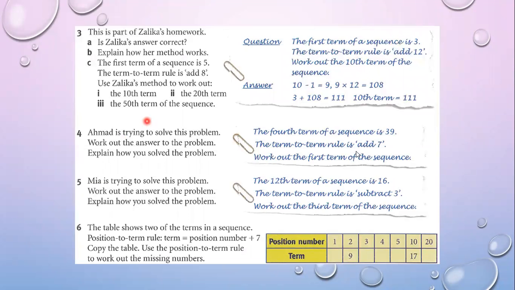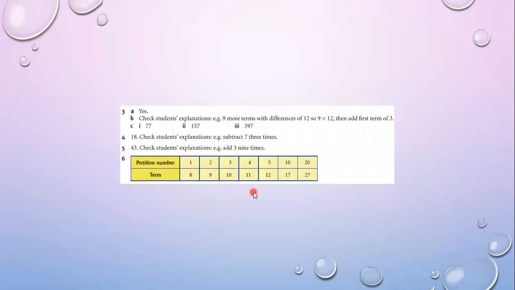You can also check this method, and with the help of this, as I told you in the class, you solve it like that. Questions number 4 and 5, I already taught you in the class, and 6 as well. So you follow the same procedure. The fifth is the same and an easy method. You just add here 1 plus 7, so write here 8, then 9, like that. It's easy.